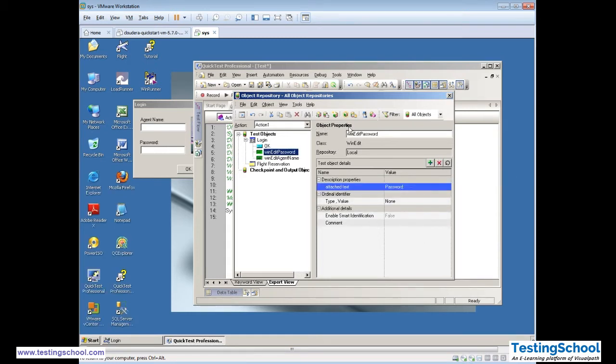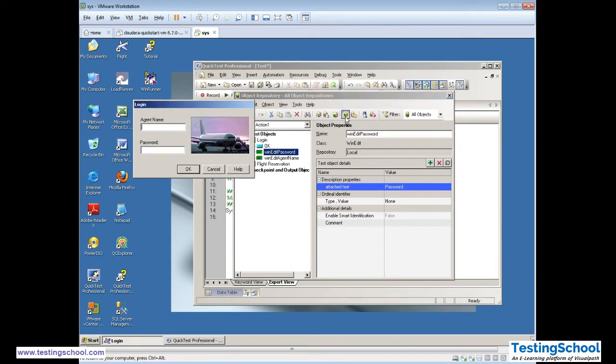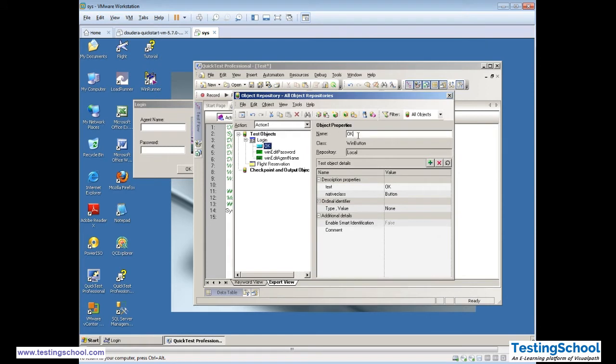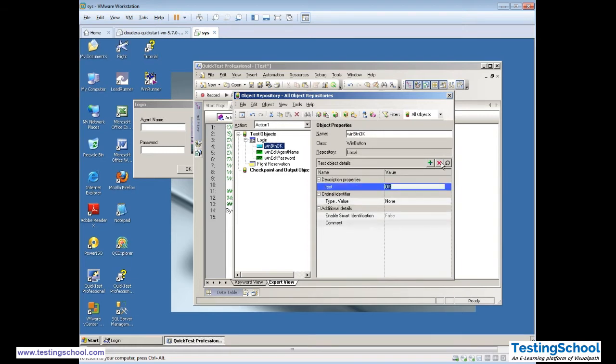It's the password. Let's see, highlight. Great. Button, since it is win button, so we'll write win btn, win button. Okay, and we don't need this native class, we will remove this.